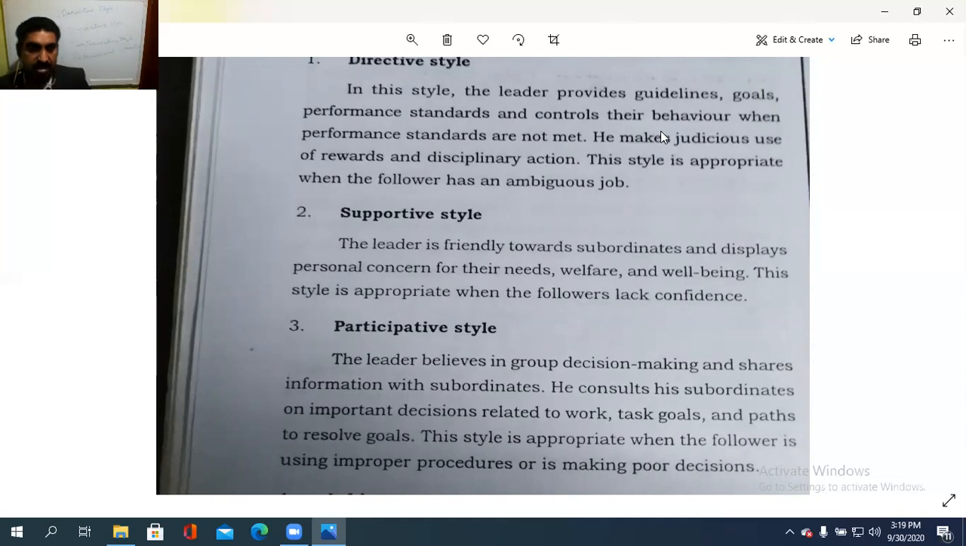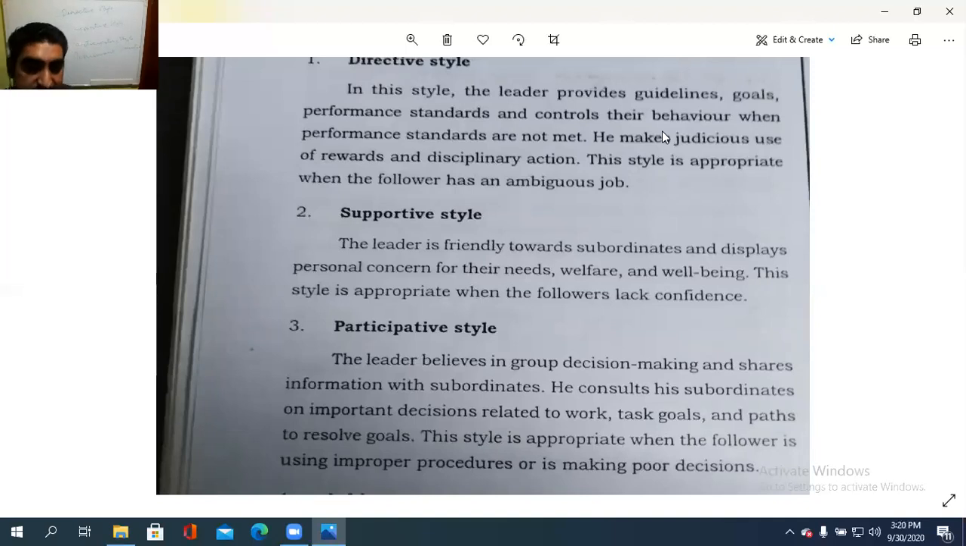If so, that is a case for the supportive style, and the leader is very friendly towards the subordinates in achieving that thing and displays some personal concern for their needs, welfare, etc. So the leader is friendly towards subordinates and displays personal concern for their needs, welfare, and well-being. This style is appropriate when the followers lack confidence also. Next is